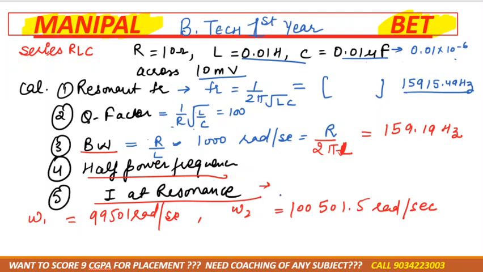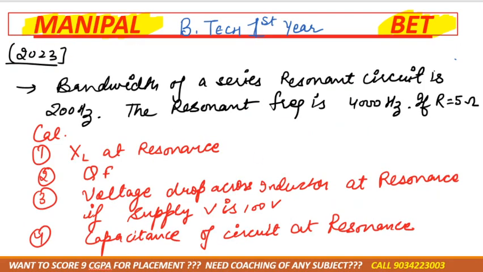Current at resonance, you know the general formula for current is V by Z, but in resonance case Z is equal to R, so it's V by R. Is 10 millivolt, 10 into 10 raised to power minus 3, resistance is 10, so you will get current as 1 milliampere. See, in this question, the question from 2024, bandwidth is given, how much, 200,